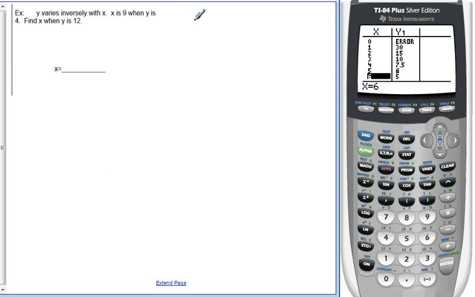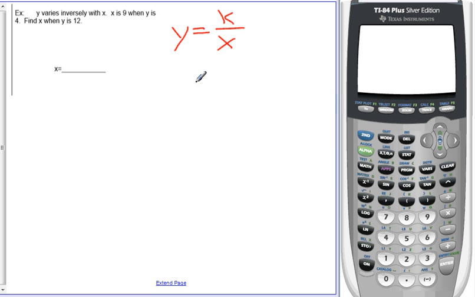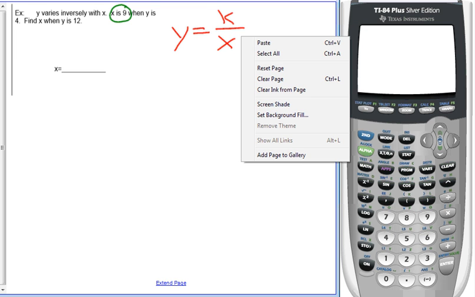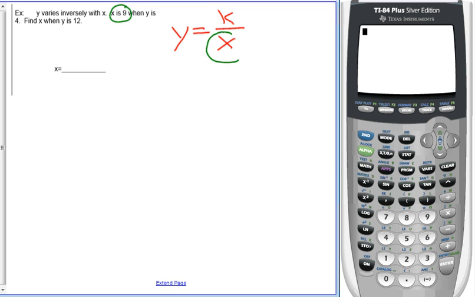Okay, here's another one. Y varies inversely with x. So again, whenever you see that, you need to be writing y equals k divided by x. So now, just like the last problem, they're giving me an x value, and I have an x right here. And they're giving me a y value of 4, and I have a y right here. So I'm going to substitute. I'm putting in 4 for y, and then I have my k value still, and then I'm going to put in 9 for x. And to solve this equation, I multiply both sides by 9,